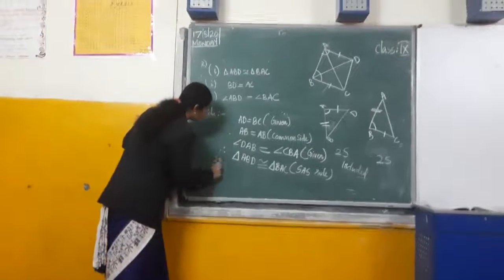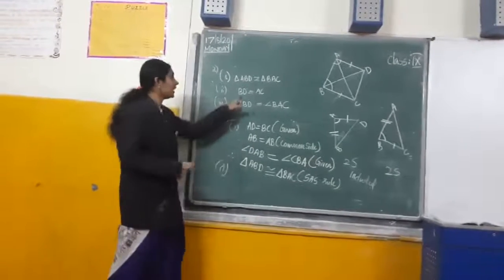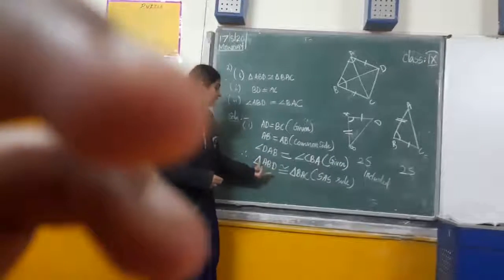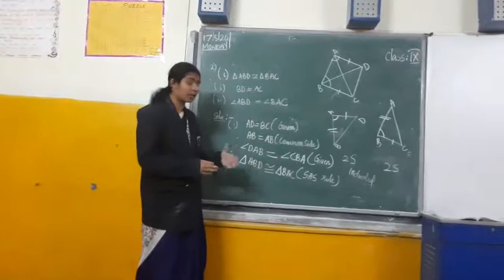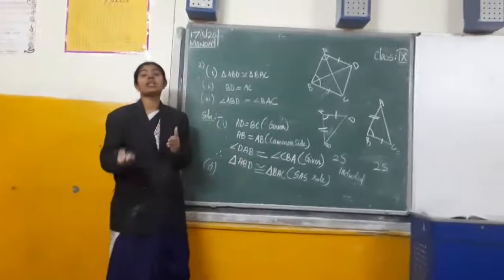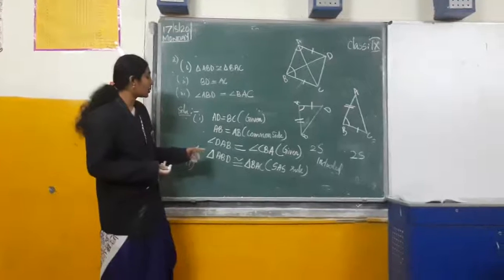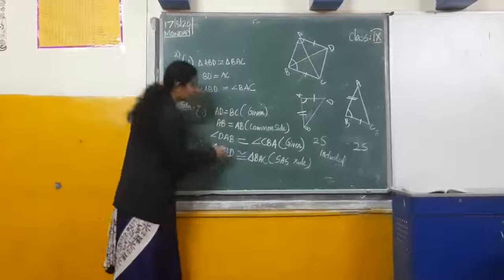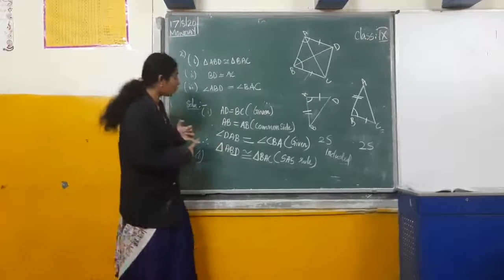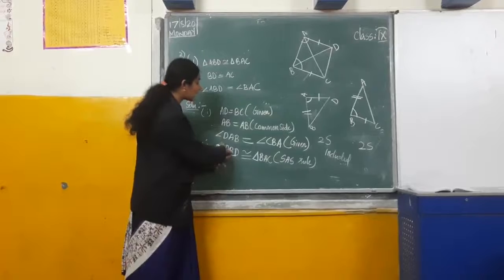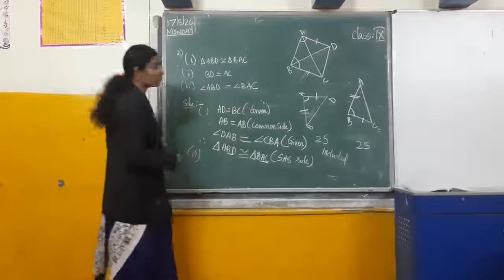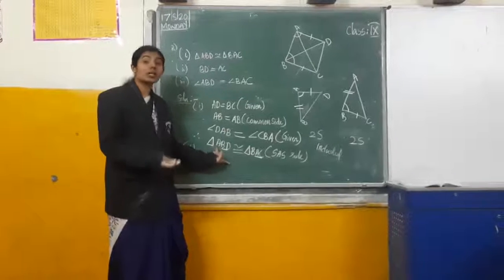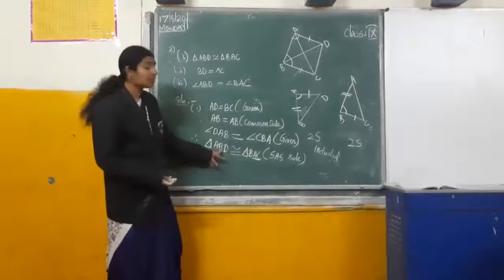What do you want to prove? BD equal to AC. How to prove that? Already we have proved that these two triangles are congruent. If two triangles are congruent, the corresponding parts are equal. So which is the corresponding part? For BD, which is the corresponding side of the triangle? BD corresponds to AC. Isn't it? If two triangles are congruent, the corresponding parts are equal. So when I take the side BD, that is